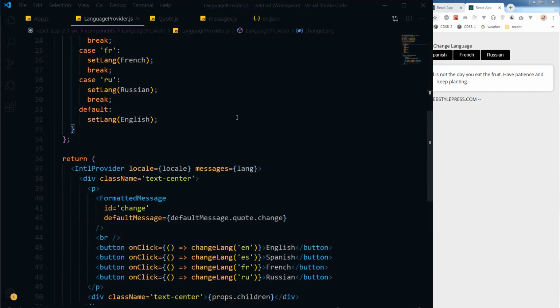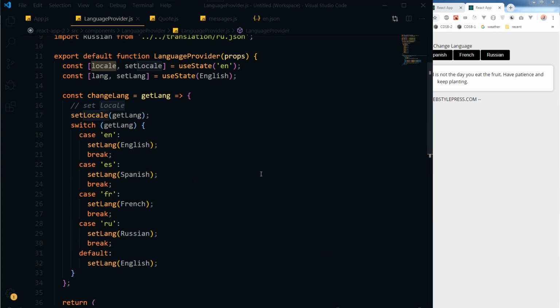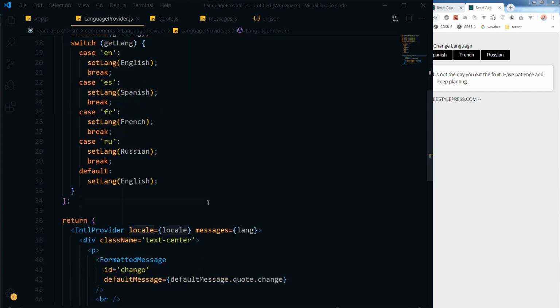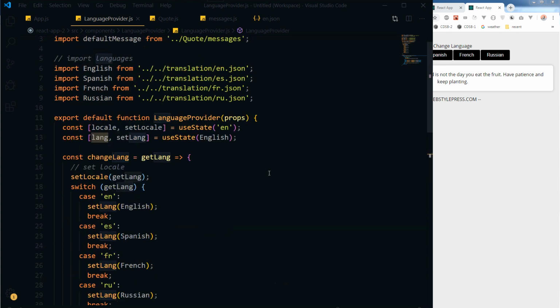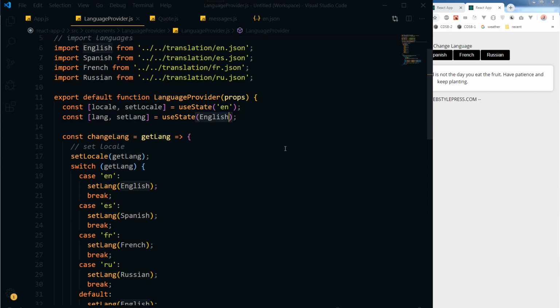So what we did, this Intl provider needs a locale in form of en, es, fr and the language files. So for language file, our default file was English, and I am saying it again, this is not a string. This is an object, this one that contains a JSON file. Okay,